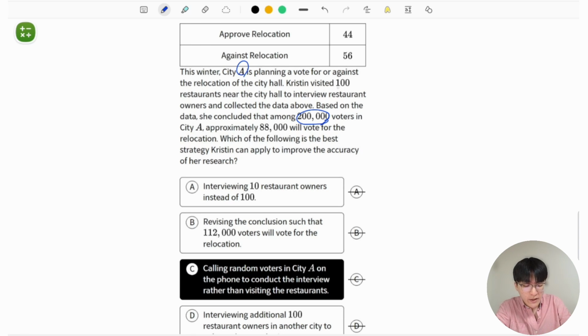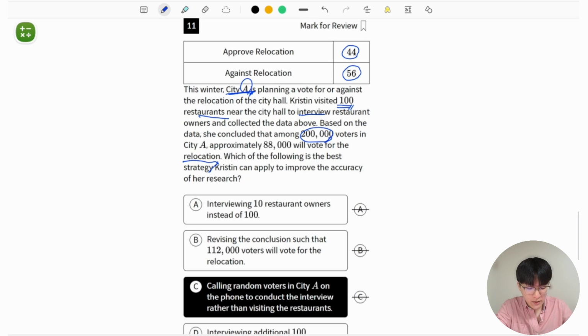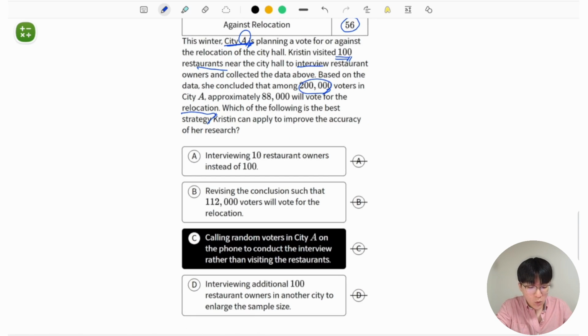Now, it's very peculiar that she researched 100 restaurants to interview when she's just trying to find whether City A is voting for. So the whole of City A is voting for or against relocation. Now, it seems that out of the 100, 44 approves of relocation and 56 is against. Let's actually take a look at the answer choices and see what's going on. What do we want to do in order to make sure that Kristen's